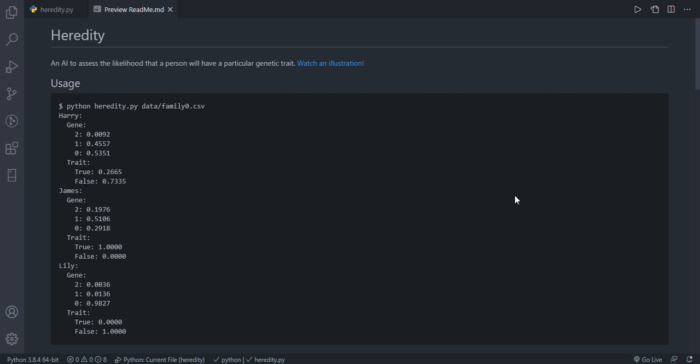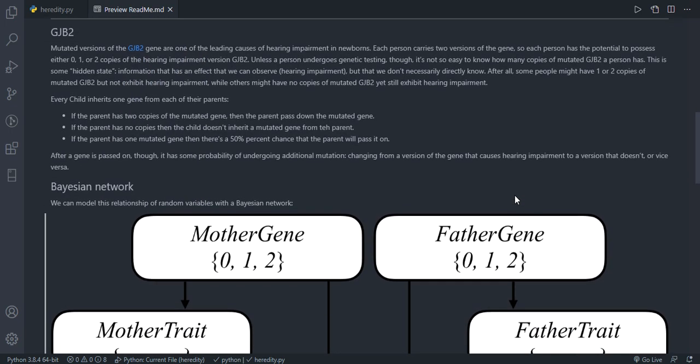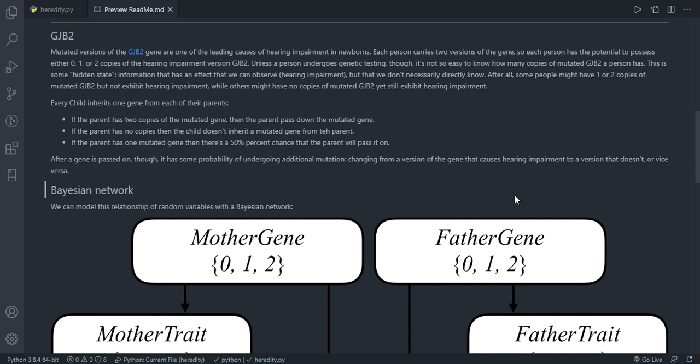Hello everyone and welcome to today's video illustration where I'll be showcasing an AI written in Python that will assess the likelihood that a person in a specified family shows a particular genetic trait. Specifically, we're going to be focusing on the gene GJP2, which is one of the leading causes for hearing impairment